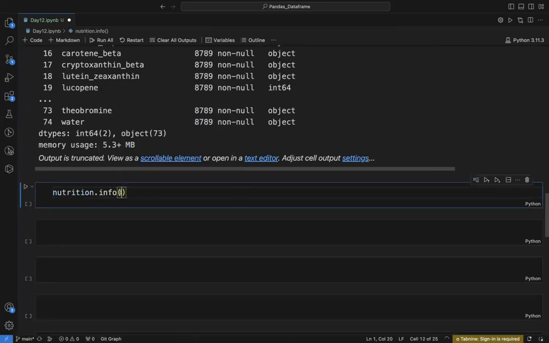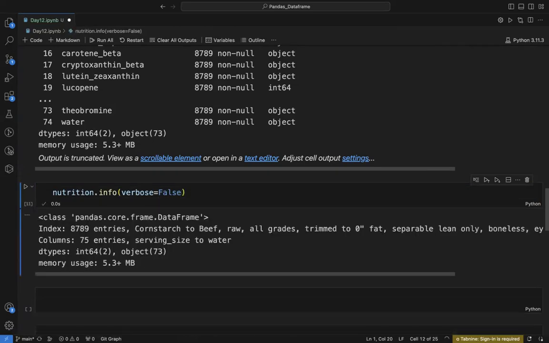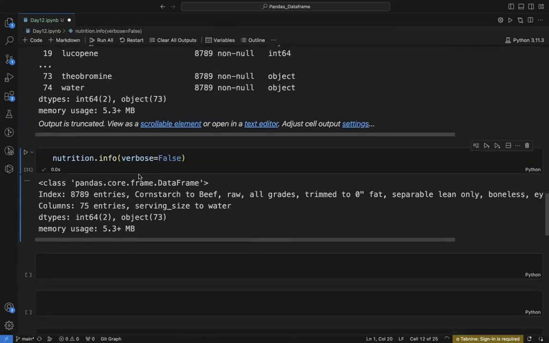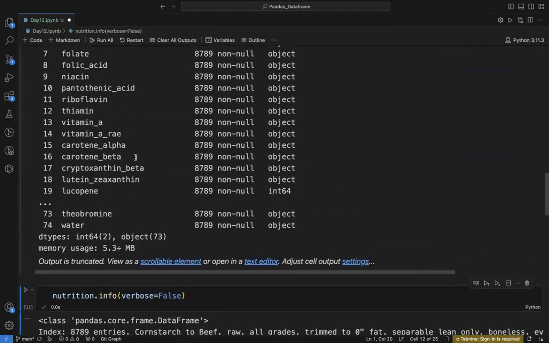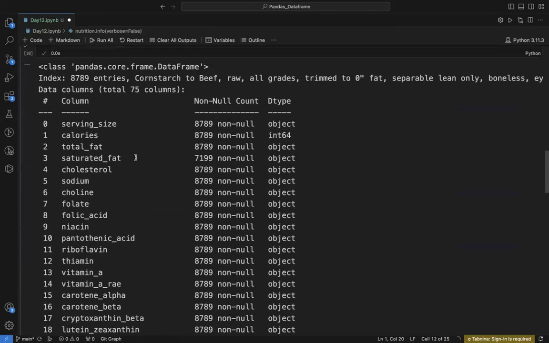So make verbose equal to false. So what you will get? You will get this gets truncated. So when you look at this nutrition.info,